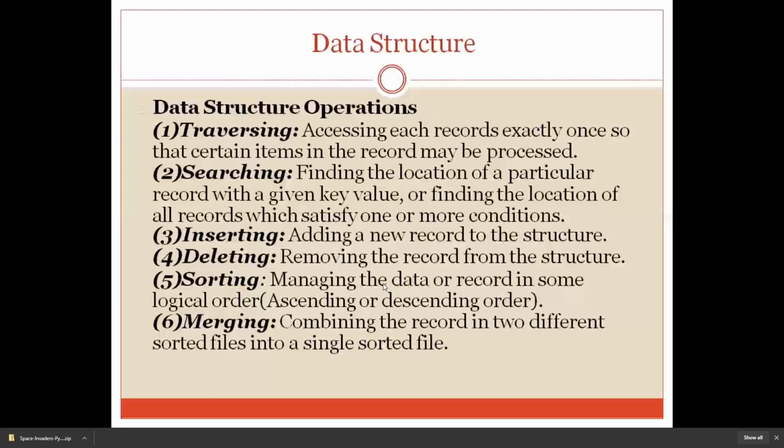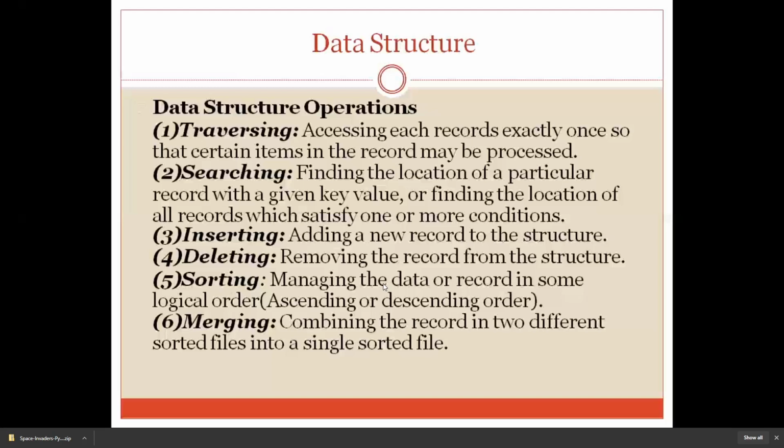Inserting. As the name itself indicates, what is the meaning of inserting? You are adding a particular record into the structure. For example, I have an array of 5 elements, and at a particular location, let's say a of 3 index, you are adding some particular number. So I can insert a number into the data structure. Also, I can delete or remove a number from the data structure. Inserting and deleting are quite obvious operations that we have been performing since the beginning. So adding something and removing something is called inserting and deleting operations on a data structure.